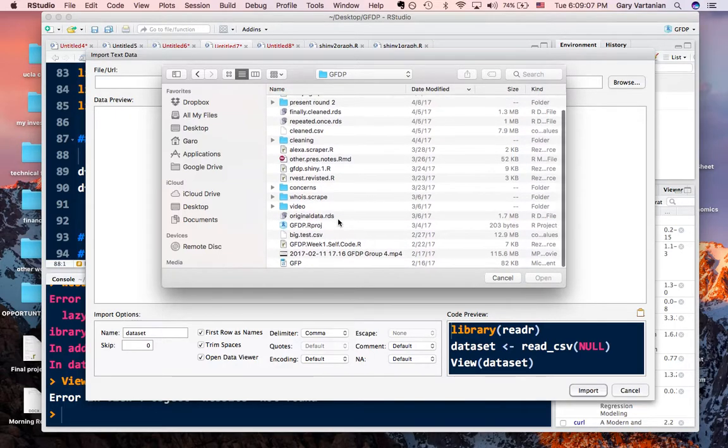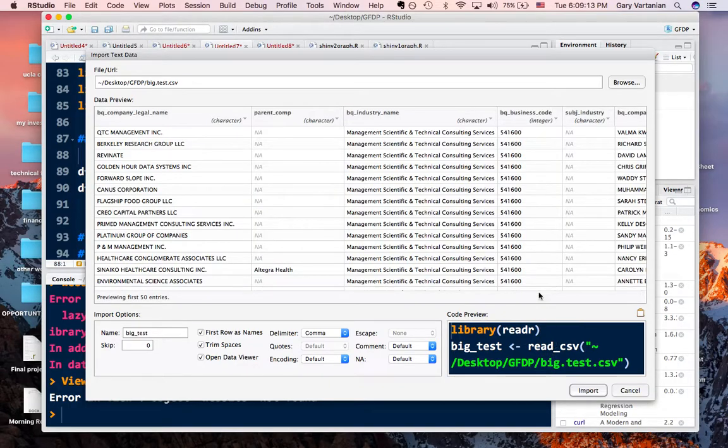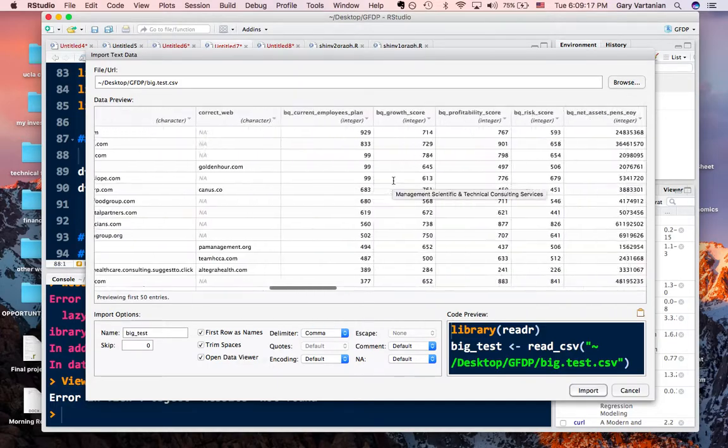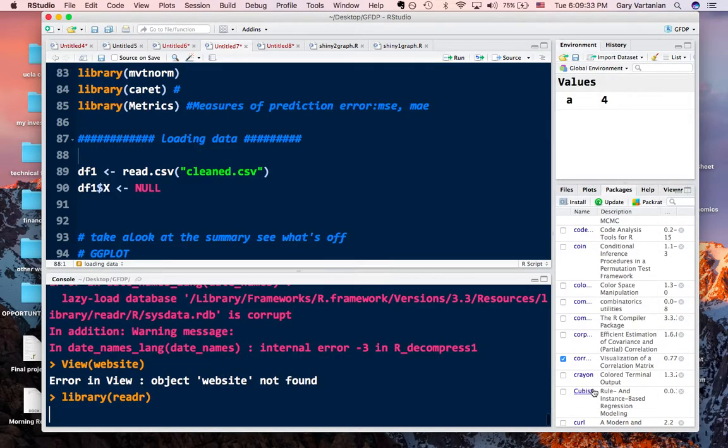Let's see. Where is it? Okay, this. So see how it already has everything? It should kind of look like Excel. This shows the directory of the file. That means the pathway that R has to take to reach the CSV file or whatever file you want to import. And over here, there's a code preview. So if you want to run it,